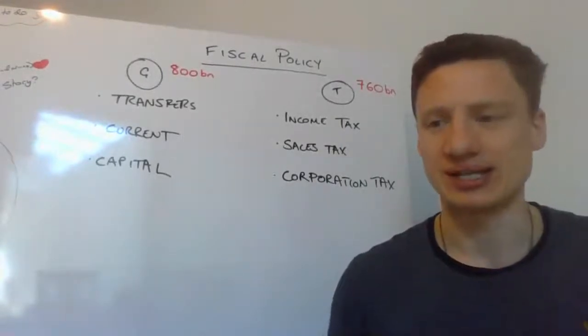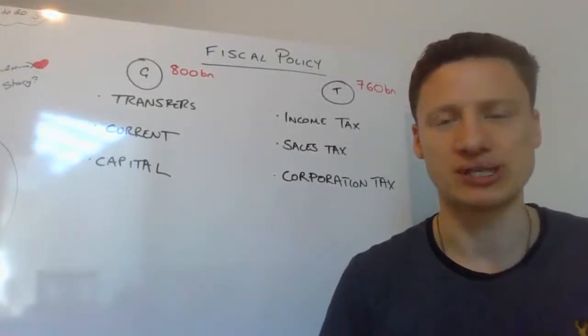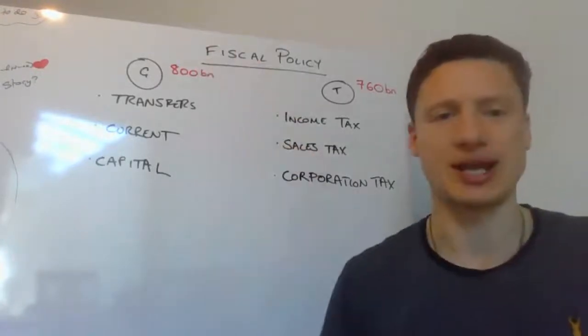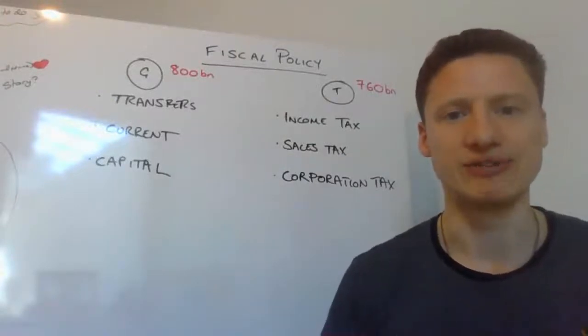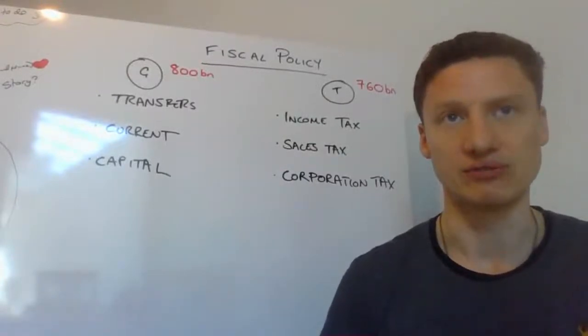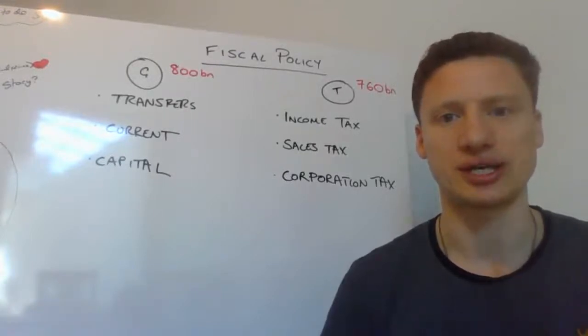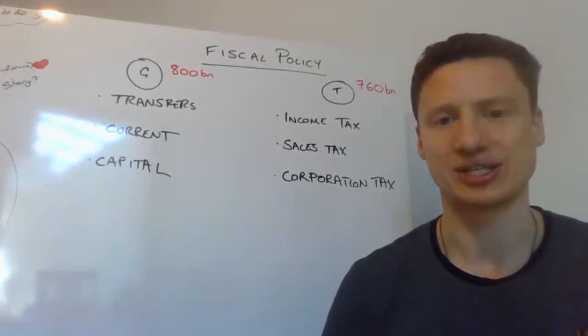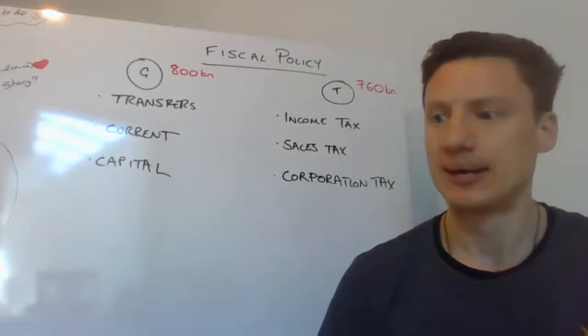So, fiscal policy. Fiscal policy then is distinct from monetary policy, where monetary policy is very much the remit of the central bank within a country. Fiscal policy then is the government. Okay, this is the levers. We sometimes call them the fiscal levers that the government has to affect changes in the economy, to try and achieve those macro objectives, to try and manipulate AD/AS in order to achieve the macro objectives.